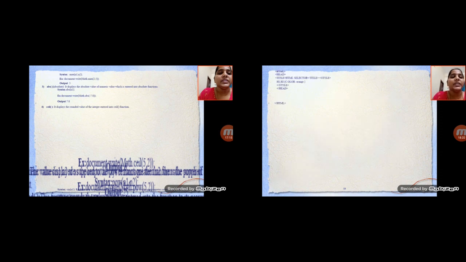And then the next one is a program, where the program value will be head, and then we have the title, and then the body. The output for this program is "welcome to that HTML selector" displayed twice, and whichever color you choose will be given, and that type of text will be given in the output on the web page.